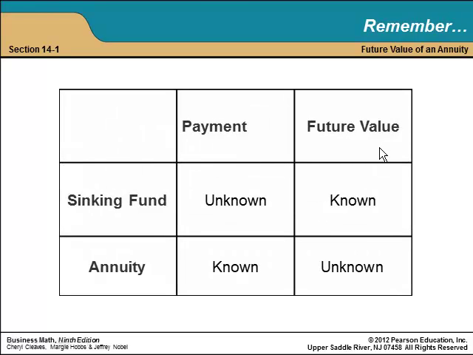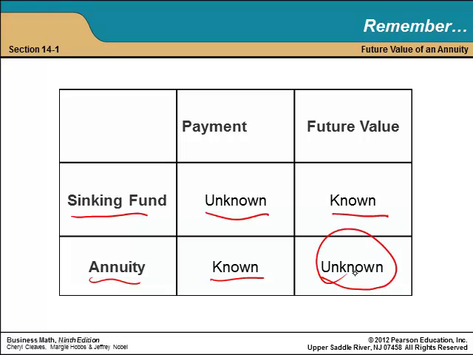So, in summary, with a sinking fund, you don't know the payment, but you know how much you're going to want to have in the future. For an annuity, you know the payment, and you're looking for how much money you're going to end up with in the future. If you have any questions,